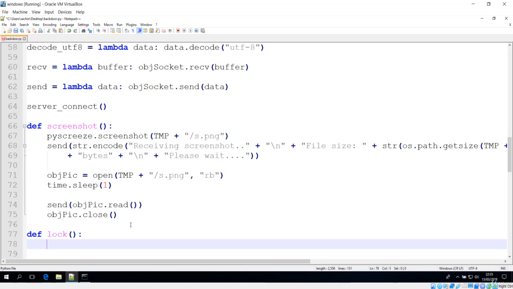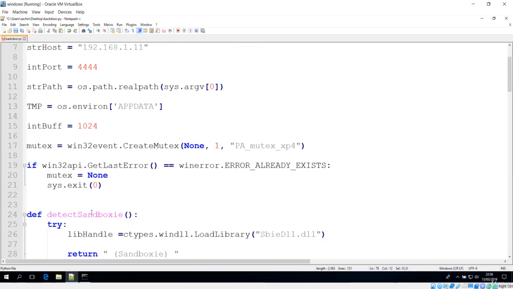What you need to do is simply make use of the ctypes module. If you remember, we used this ctypes module to take control over the system administration or a privilege, or basically the WMI task, which is a Windows Management Instrumentation task.